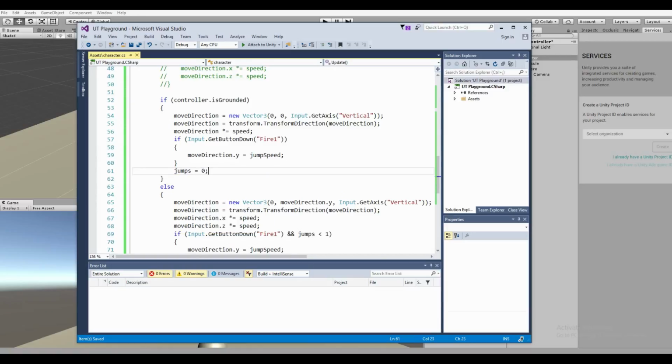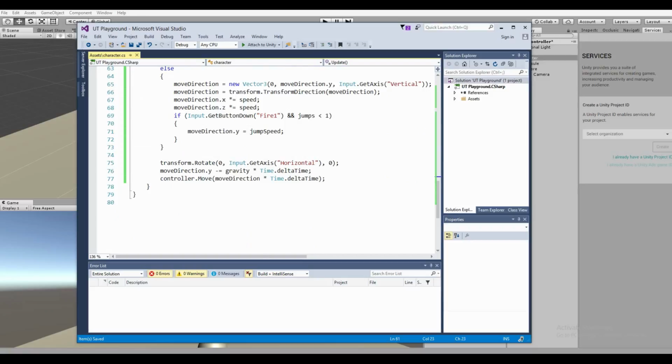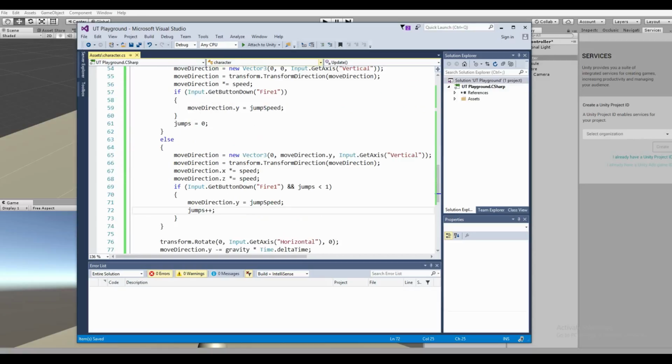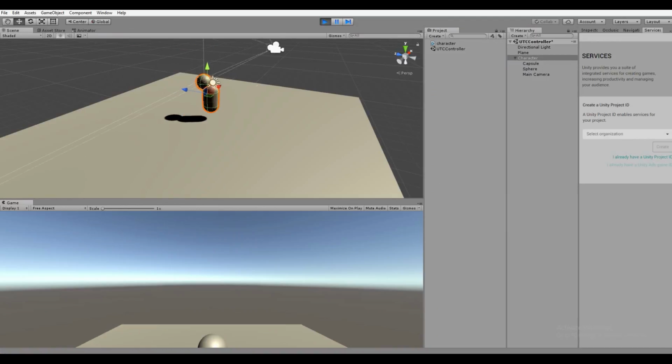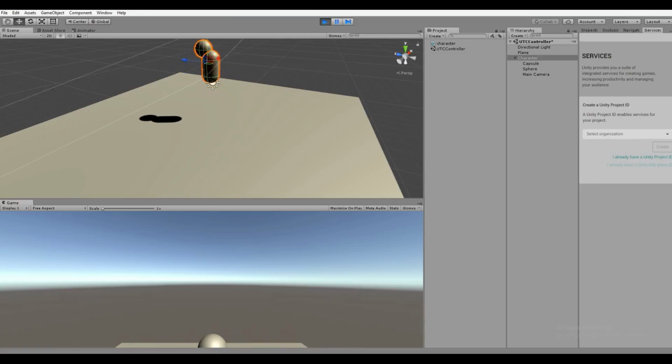Since we're grounded, it should reset our jumps. And over here, we're going to do jumps plus plus, meaning every time we press this button, it'll add 1 to the jump meter. So what this does for us is that once we jump once, that's all good, but if we jump again, it allows us to jump again, and then that 1 is how many jumps we have